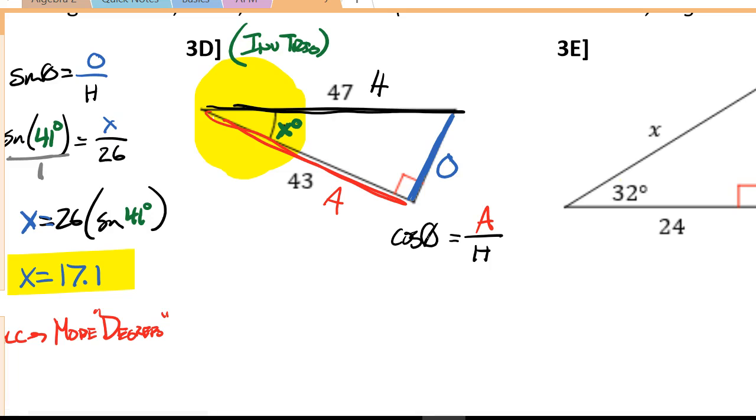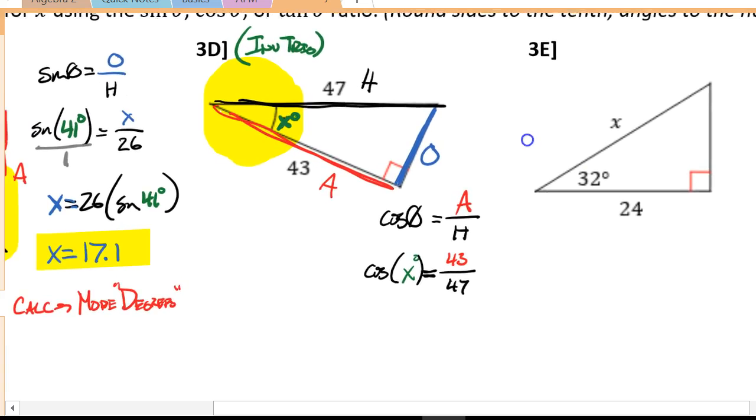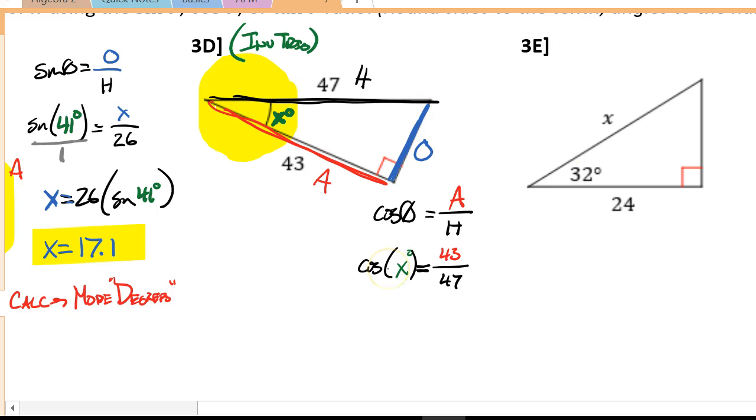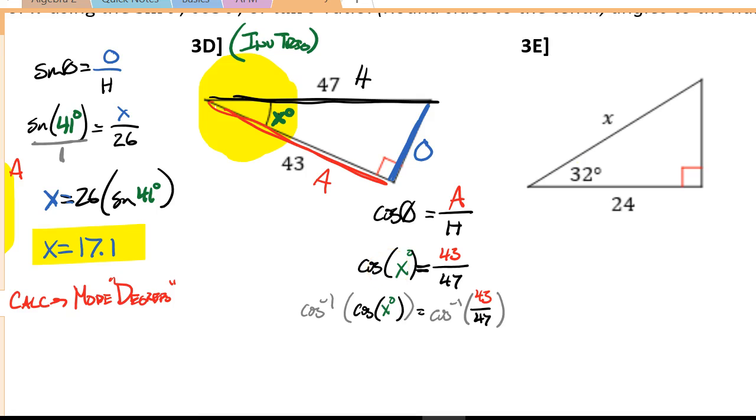Now, I'm going to plug in my relevant information. Cosine of x degrees is equal to 43 over 47. I have to get rid of the cosine. X isn't by itself. So we talked about this. We're going to actually have to use inverse trig here to help us solve. So to get rid of the cosine, I will take the inverse cosine of both sides. Inverse cosine of both sides undoes the cosine, leaving us with x degrees is equal to the inverse cosine of 43 over 47, which equals